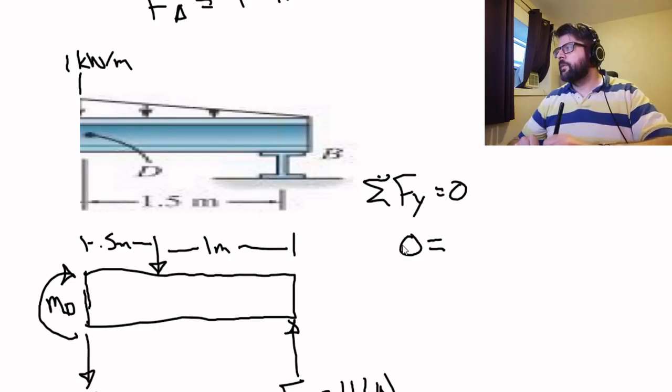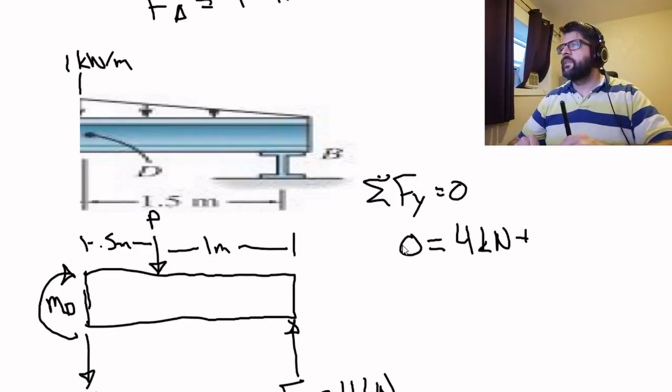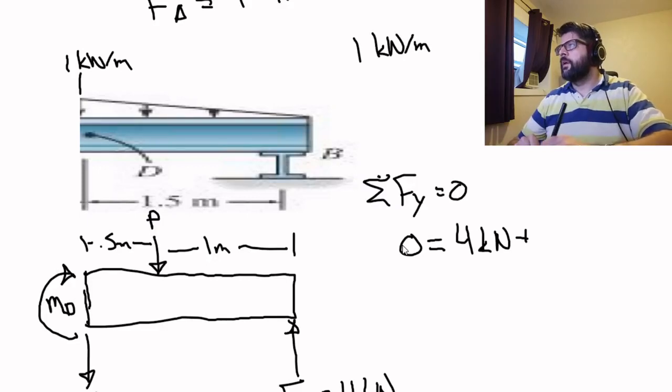0 is equal to, we got this 4 kilonewtons here, plus, we got the resultant here. I guess we need to solve for that first. It kind of slipped my mind. So the magnitude of that is going to be 1 kilonewton per meter times 1.5 meters. So height times the width, and then again divided by 2 because it's a triangle. So basically 1.5 kilonewton meters divided by 2, that gives us 0.75 kilonewton